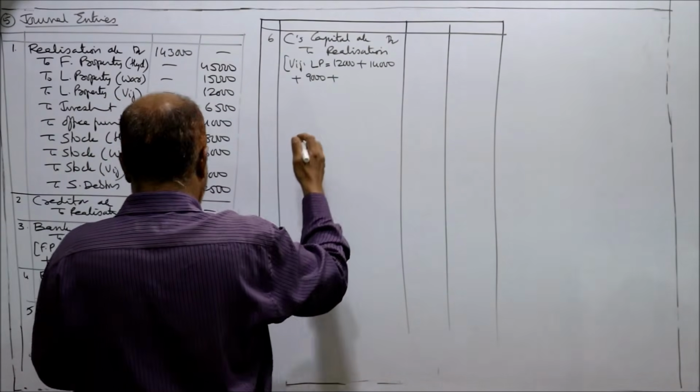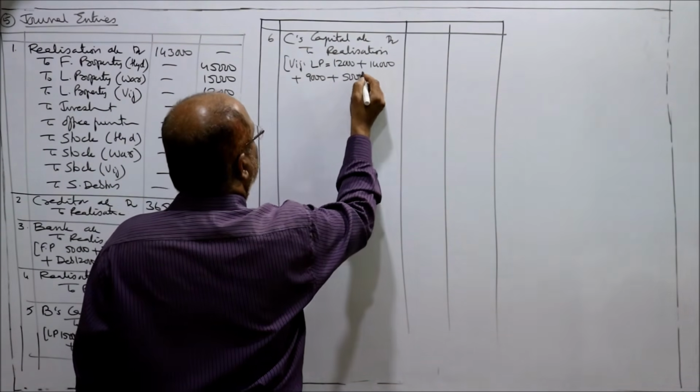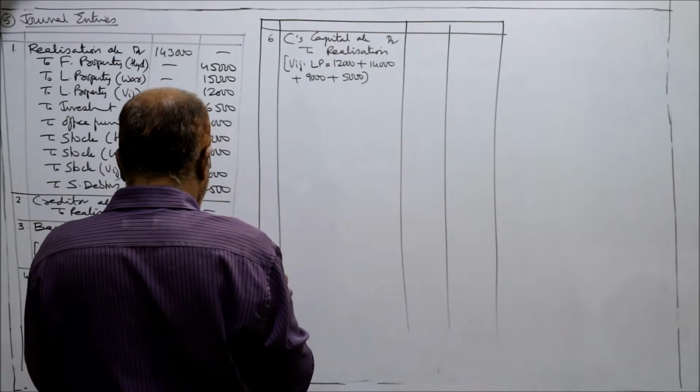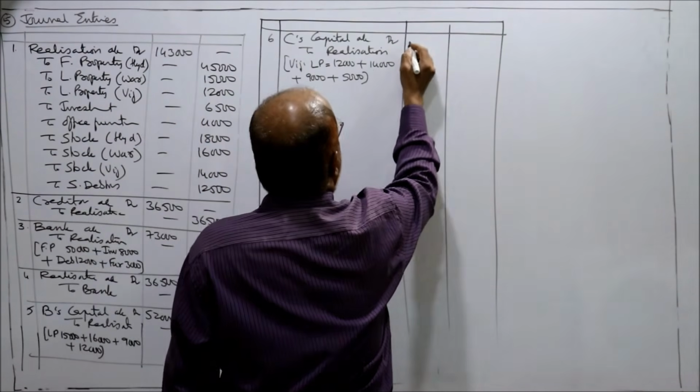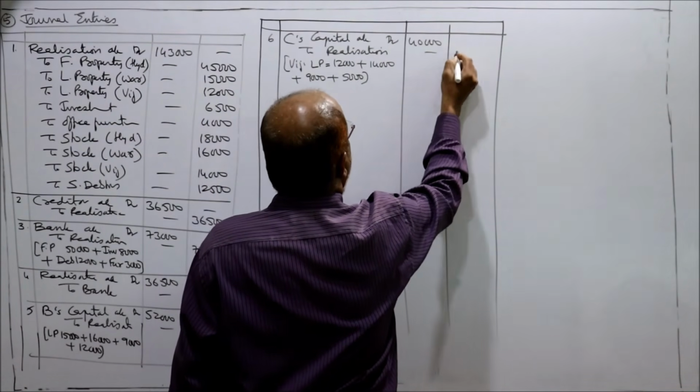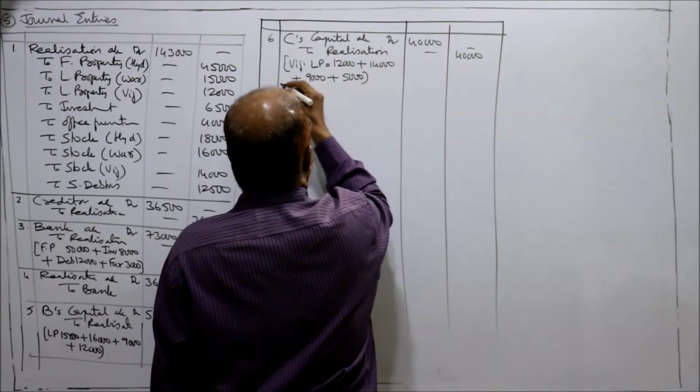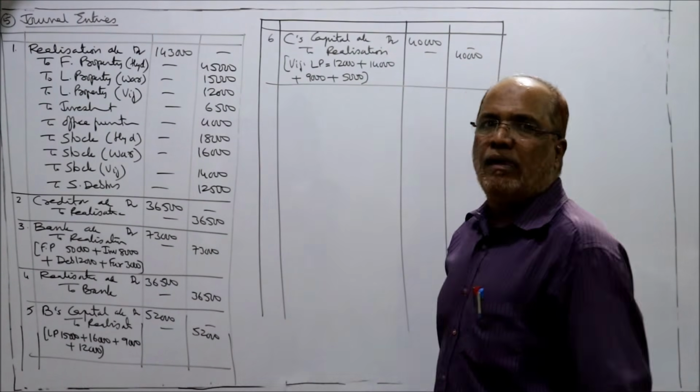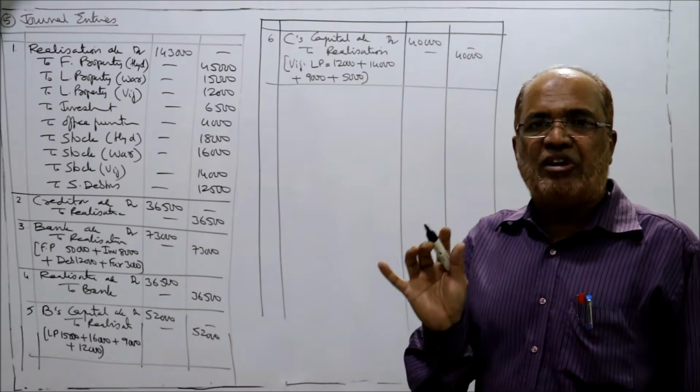Goodwill it is paying 5,000. So 12,000, 14,000, 9,000, 5,000, total 40,000. C's capital, C Vijayawada business, Vijayawada